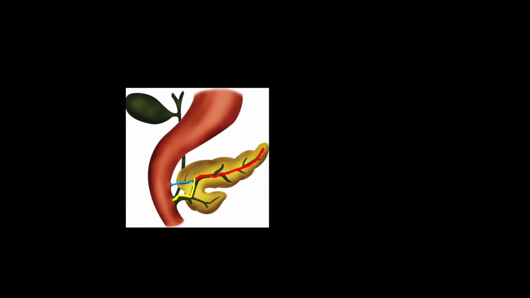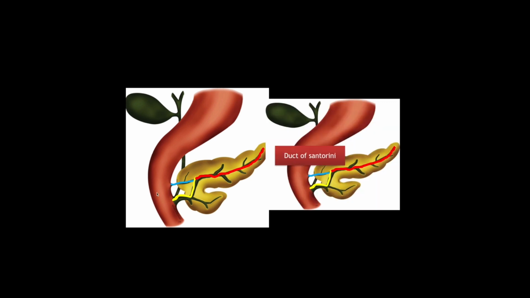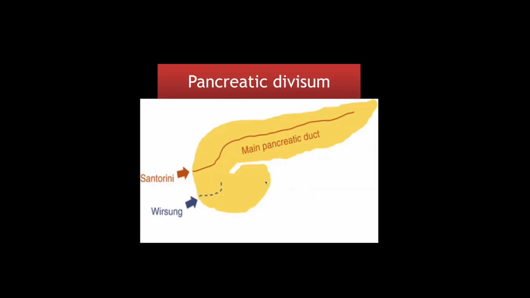The segment of the dorsal pancreatic duct in between the fusion and minor papilla is termed as duct of Santorini, which is an accessory pancreatic duct, and it may be seen or may not be seen. If it is seen also, it doesn't have much clinical significance. Now what happens in pancreas divisum? There is a non-fusion of the pancreatic buds and also the ducts.